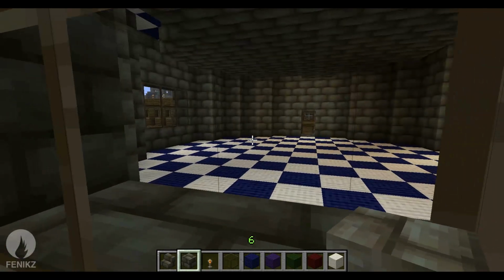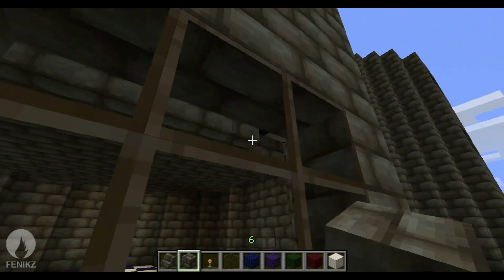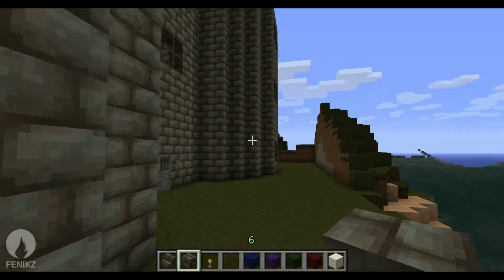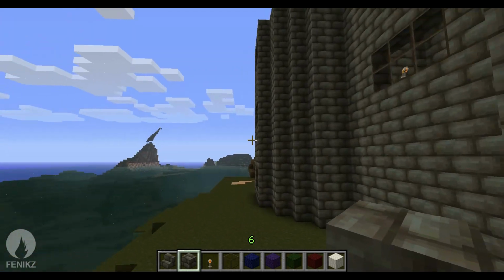I want them to kind of blend in with the building. As you can see over there, I haven't filled that bit in. On one of these, I did take some of it, unless I filled it back in. I think it was this room. But anyways,